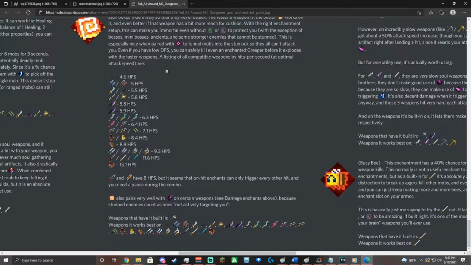So it could actually be 4 hits per second for stunning, but the other downside is that the weapon can overheat, so you have to pause your combo every now and then, which still slows it down a little bit. Also, as a side note, stunning pairs really well with ambush, as I've mentioned before, because stunned enemies count as not targeting you. So on certain weapons,